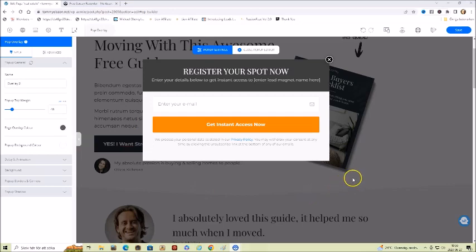Maybe it seems a bit complicated when you start using it. So here's where you enter your email. People enter their email to be on your list.